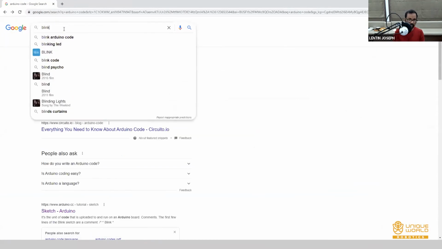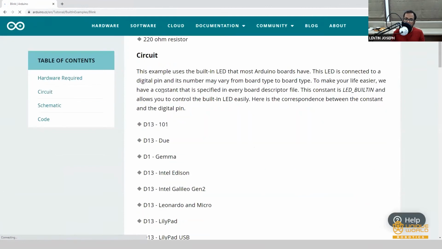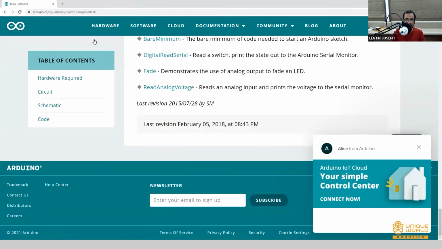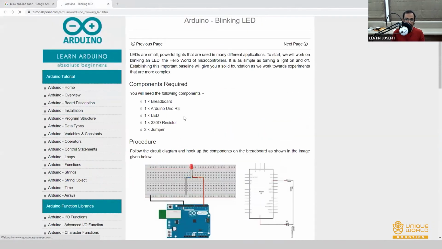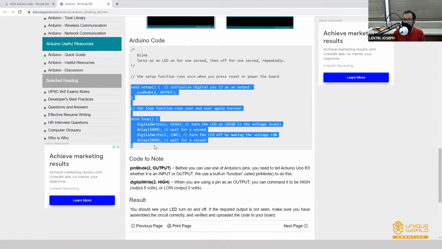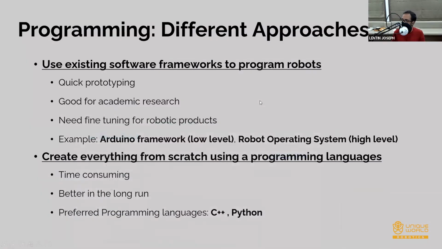For example, to blink an LED with embedded C, you have to write maybe 20 lines of code. But with Arduino, this much code is enough to blink an LED. So this is an existing framework that you can use for programming, and it is easily readable.